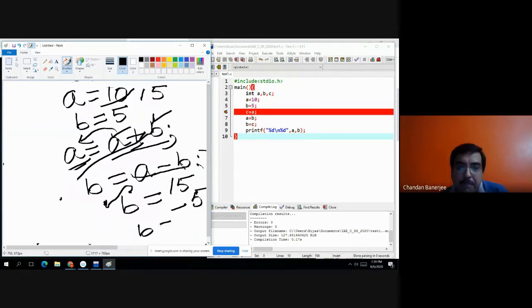So b becomes 10. তাই তো? So new value of b becomes 10.